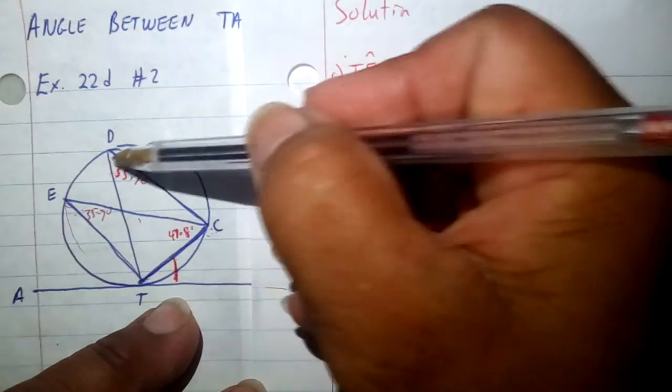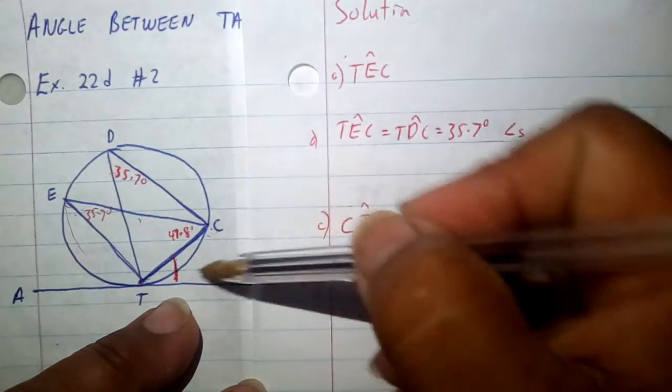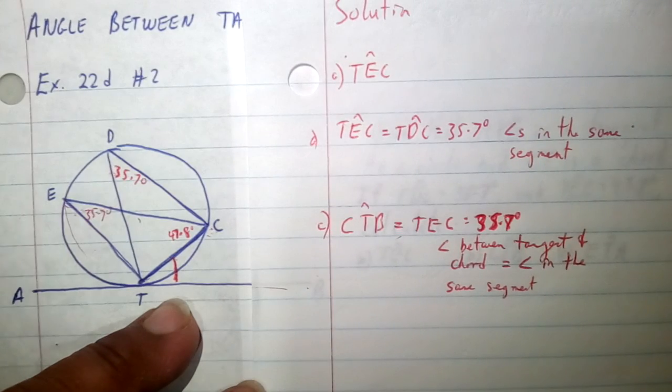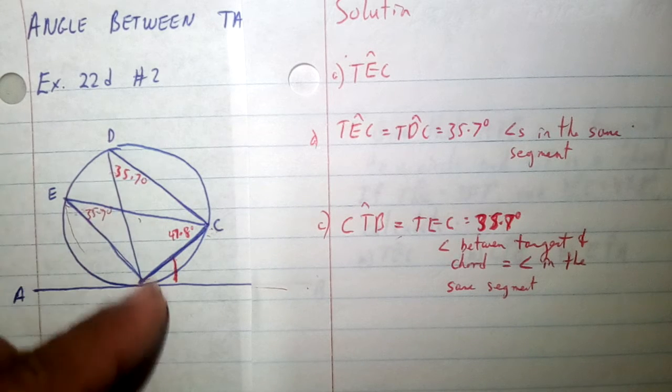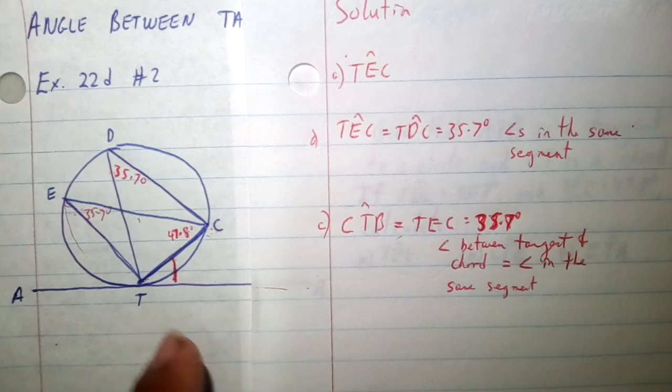So if you get the angles from this point, you can come this way, or you can go from this position to that point. So this is 35.7 degrees. Okay, and there are other ones that you can combine them. For example, you can say that